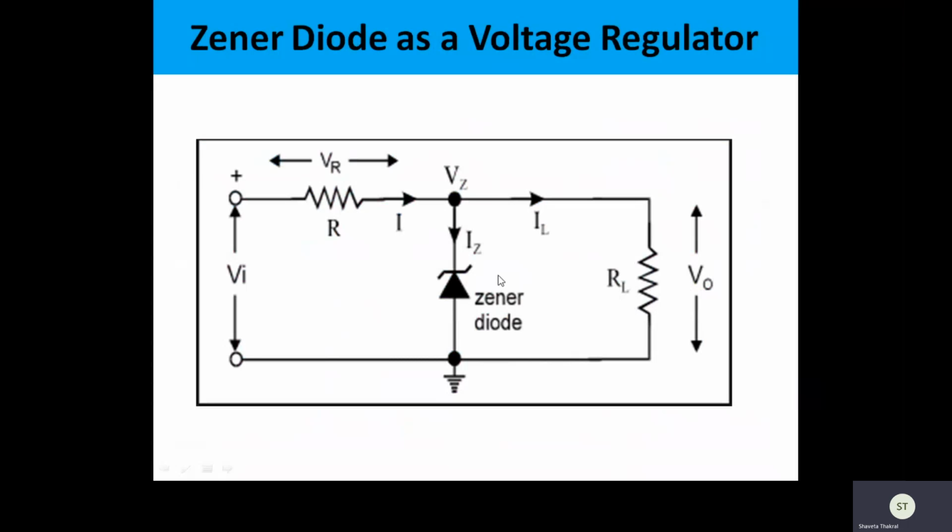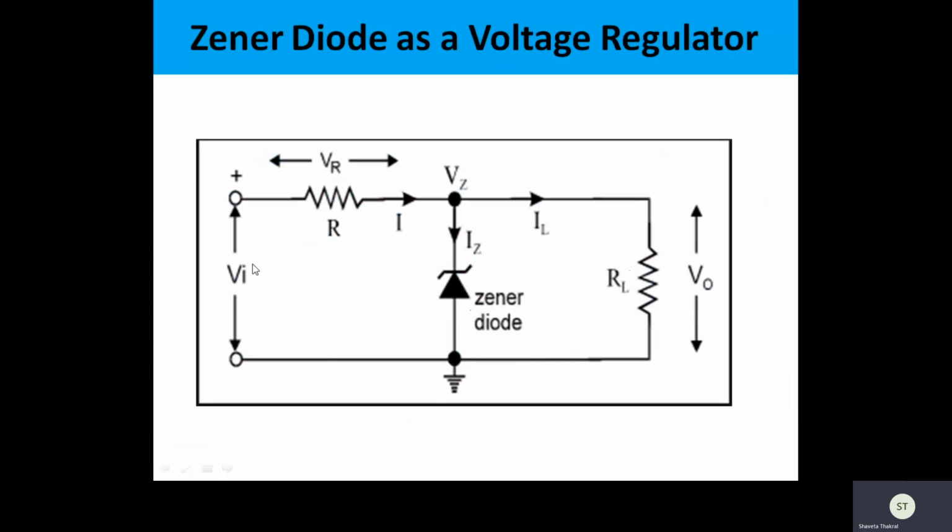So here we have the Zener diode acting as a voltage regulator, and this is put in parallel with the load for which we want the protection. This is the load for which we want the protection, and this is connected in parallel with the Zener diode. Let's say we want to protect our load up to 6 volt, this can work fine, and after 6 volt, this can be damaged. So we have put here the Zener diode with a breakdown voltage of 6 volt. And here we have put the unregulated input supply. Let's say it goes from 0 to 30 volt.